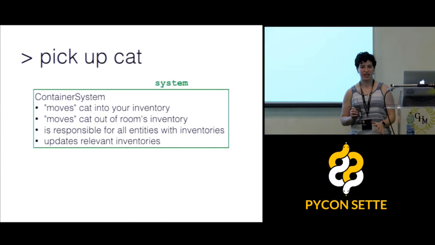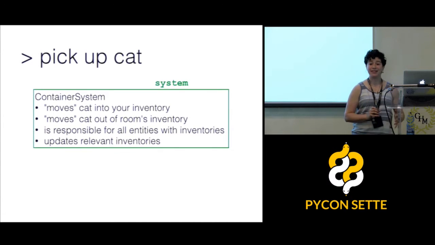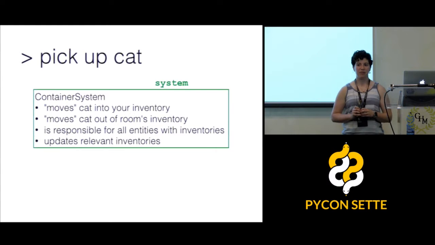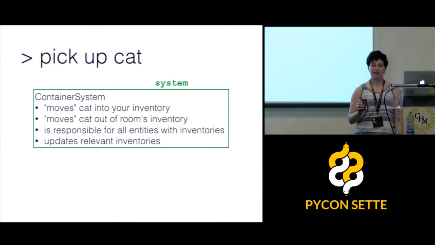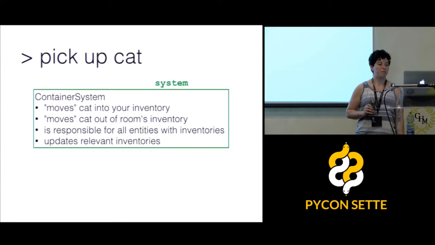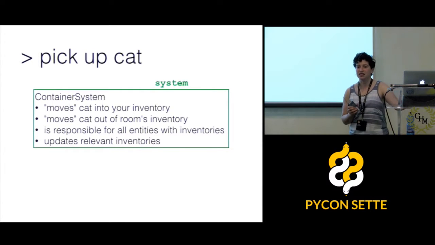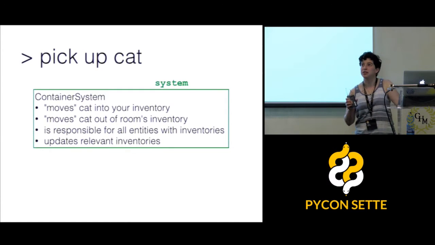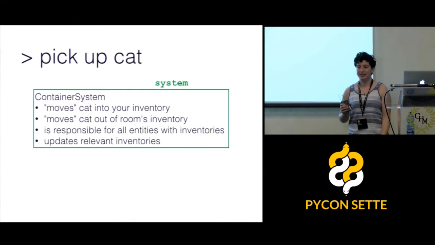So this is a great solution for me, but the catch was that there aren't many ECS libraries in Python. And I suspect that's because the design pattern is inherently not object-oriented. As a Python user, I would expect to know whether or not a cat is alive by looking for an alive attribute on the cat, right? I expect the cat object to hold all the information about the cat. And in ECS, it doesn't.